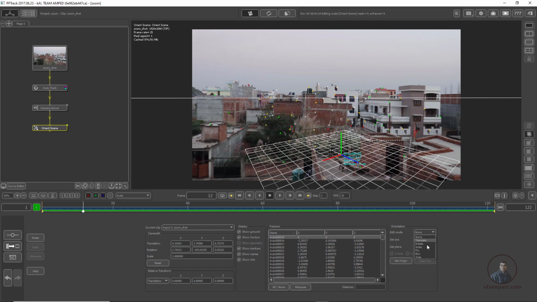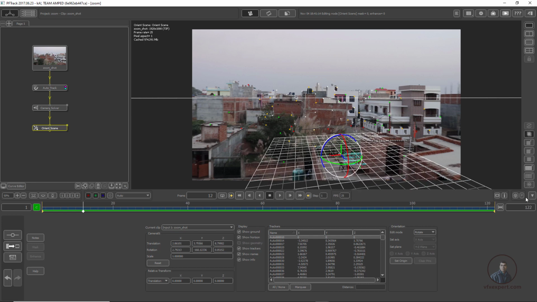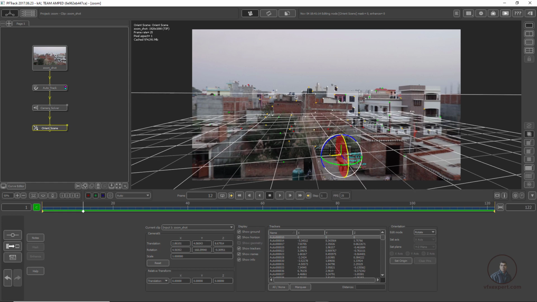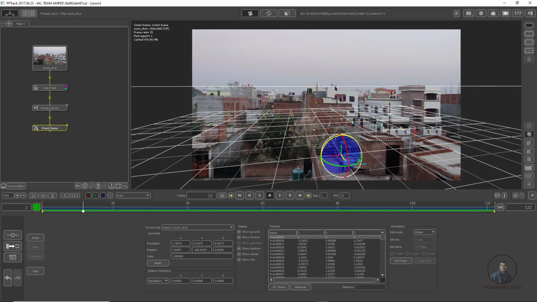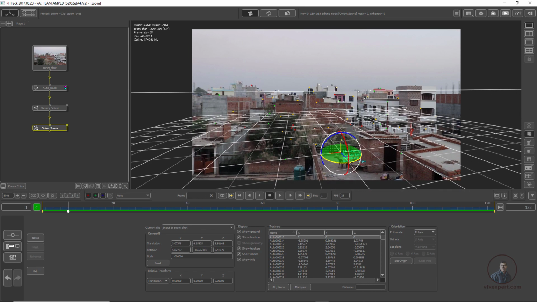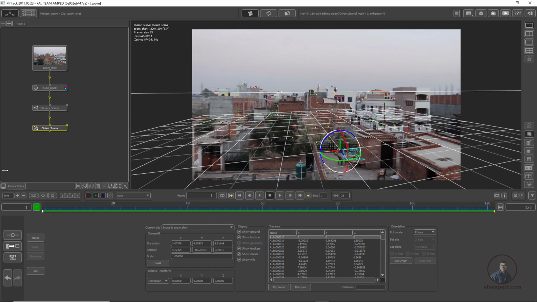Now adjust our orientation a little bit with rotation, expand our grid a little bit here, and this is our horizon line. If you want, you can adjust it a little bit here. So I think this is looking good.